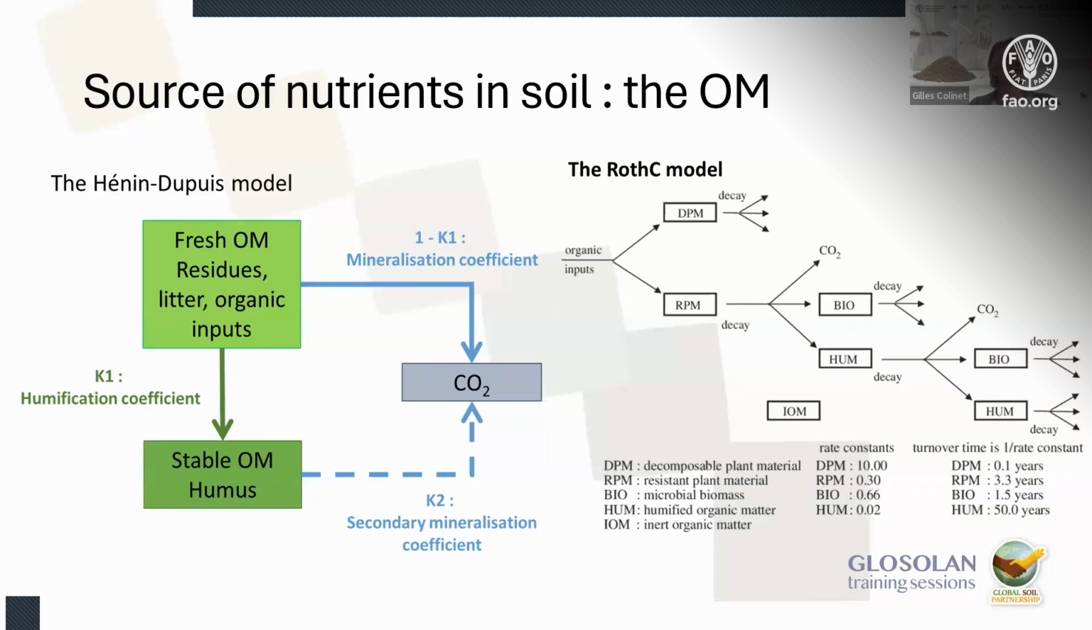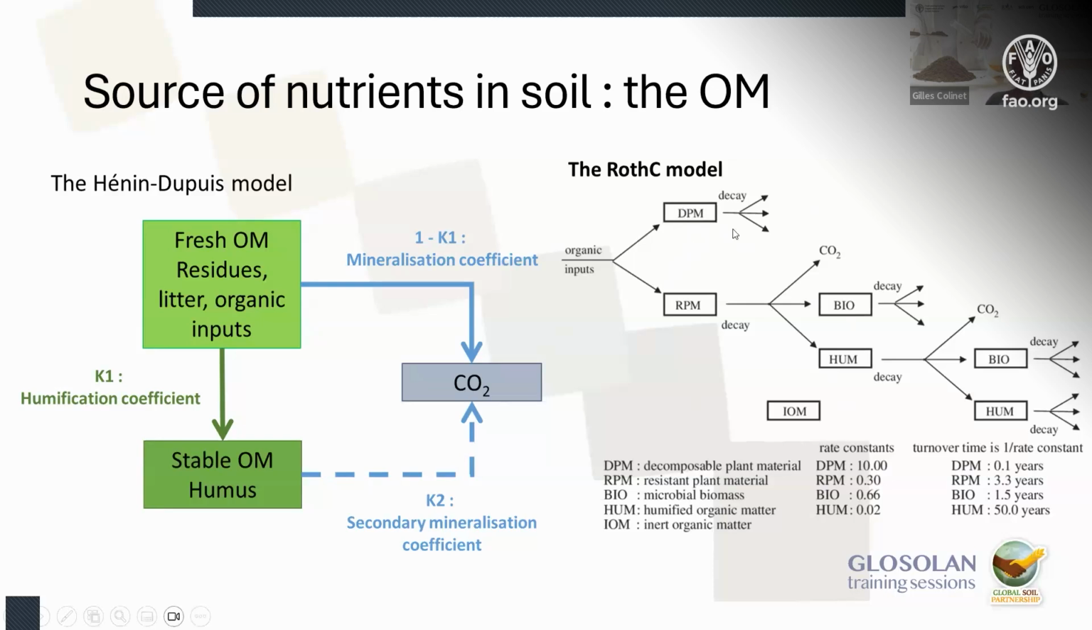So this is the most simple when you want to have an idea of what will be the fate of organic matter in the soil. There are some more sophisticated ones. Here you have the Rothamsted model, so that was developed from the Rothamsted experiment. When you have organic inputs,